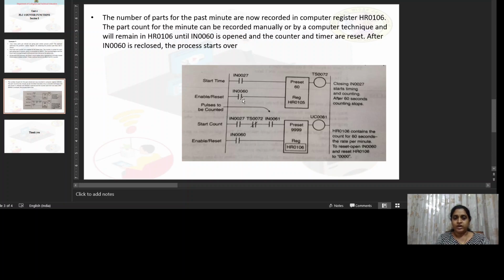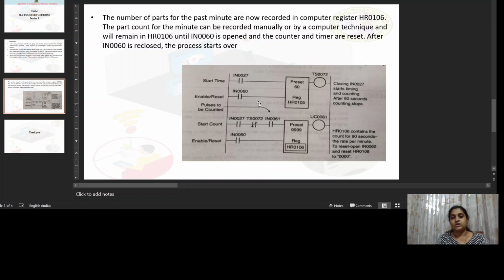When the contact IN60 is energized, the timer and counter functions will be activated. When the contact is energized, it closes, and it will enable the counter and timer functions.